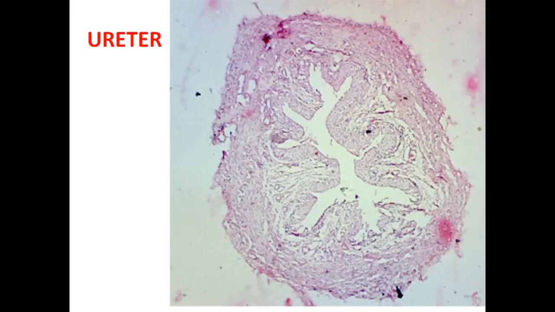Now the ureter is very easy to identify in the exam, in the slide also. This is the picture of the histology slide of the ureter. In the 4x, you will be able to see the entire structure as a very small tubular structure. If you see the slide from outside, it will be a dot-like structure, and if you go further and see in the 10x, you will be able to identify the transitional epithelium present on the luminal side of the ureter along with the layer of smooth muscle cells, the muscle layer on the outer side.